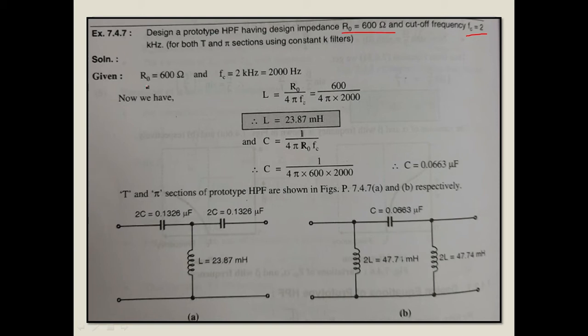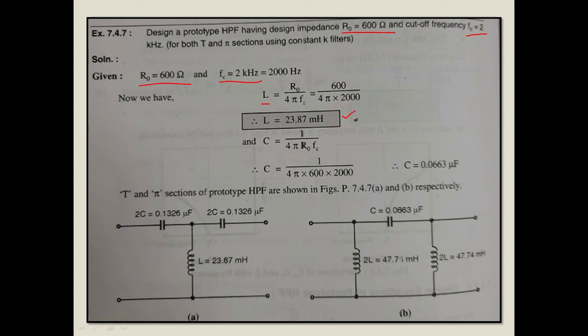In the examination, first you take the given data. The given data is R0, which is equal to 600 ohm, and Fc, which is equal to 2 kilohertz. Fc stands for the cutoff frequency, and that cutoff frequency is 2 kilohertz, which means 2000 hertz. Now we calculate the inductor L, which is equal to R0 upon 4 pi Fc. The design impedance R0 is equal to 600 ohm, given here. That's why L is equal to 600 upon 4 pi into 2000. Therefore L is equal to